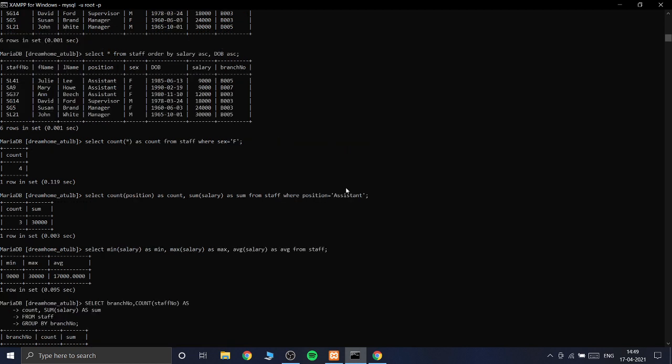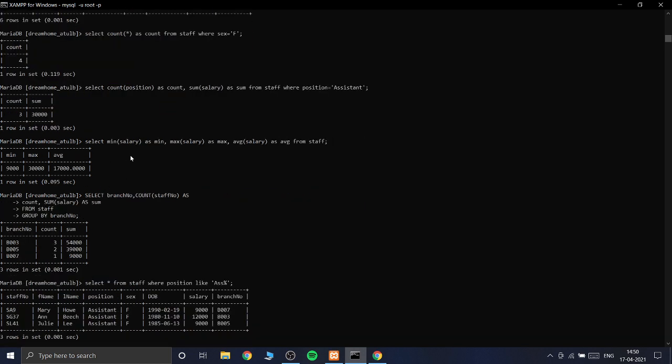So the condition is we have to count the number of positions that are assistant, and the sum of their salaries. Count assistant has three rows having assistant, whose salary is 9,000, 9,000, 12,000. So count will be three because there are three assistants, and salary will be the sum of all. So 9,000 plus 9,000 plus 12,000 is 30,000.